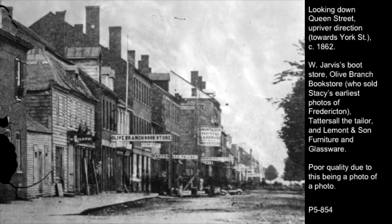Looking down Queen Street in the upriver direction, so towards York Street, about 1862. We can see William Jarvis's boot and shoe store, the Olive Branch bookstore, Tattersall the tailor, Lamont and Son Furniture and Glassware. The Lamonts were in business for so long that many of you know them. The relatively poor quality of this one is due to it being a photo of a photo. So George has hundreds, probably over 150 photos that are just reproductions of older photos, and the quality goes down greatly, but there was no other way in the 19th century to copy pictures. There are no photocopies or anything like that. So, of course, if we go to the next one,